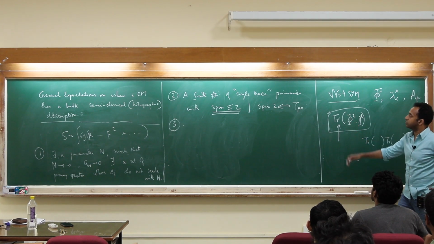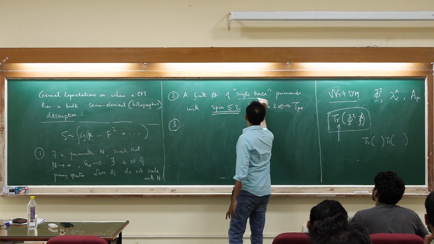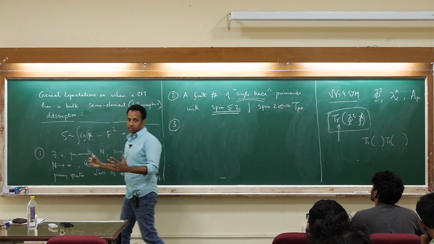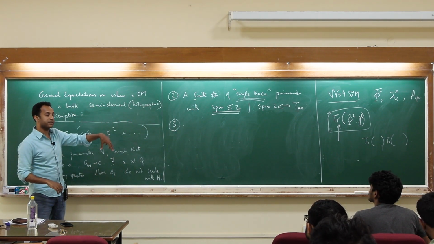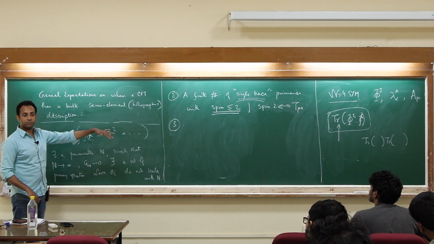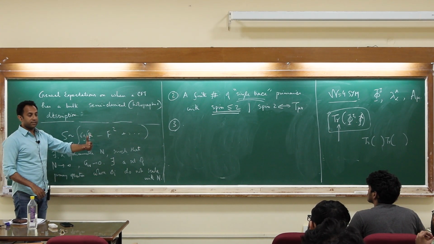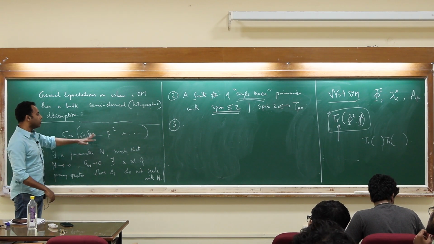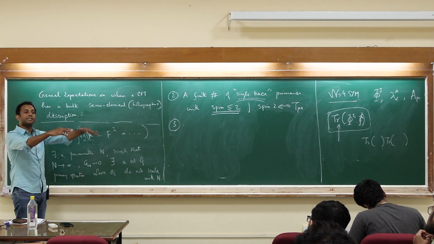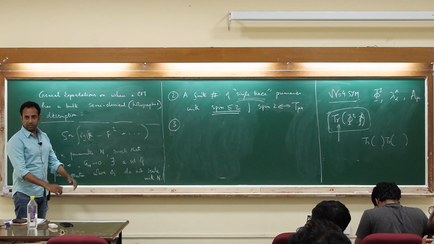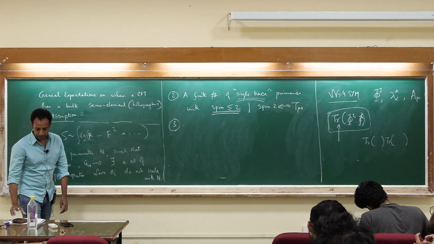That's also one reason why I did not want to define single trace, because it's not very important. The existence of a certain class of operators which satisfy the list of properties that I'm talking about here is what gives you the interpretation that those operators are dual to the small fluctuations around fixed backgrounds in gravity. So that's the picture, okay?